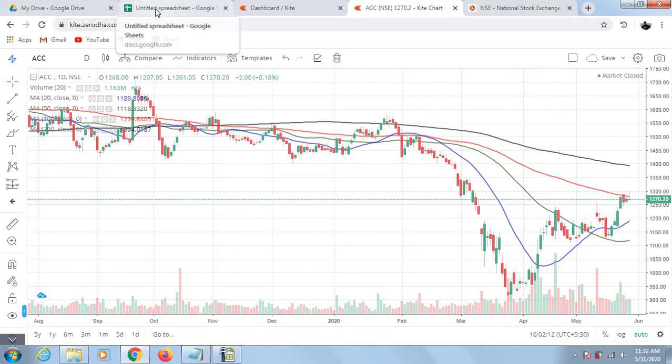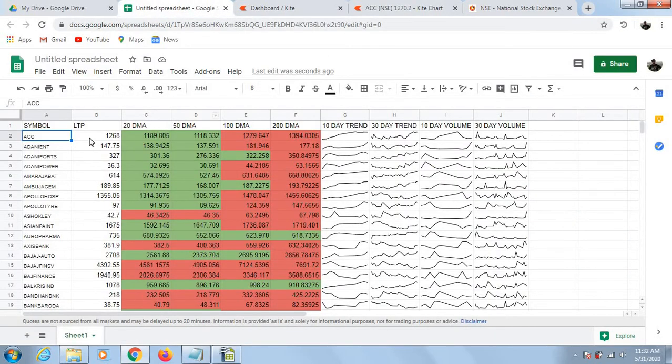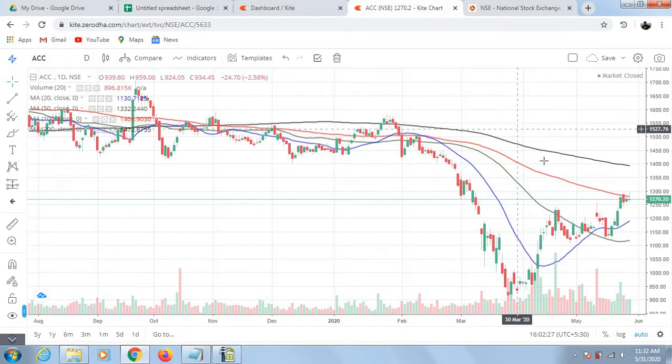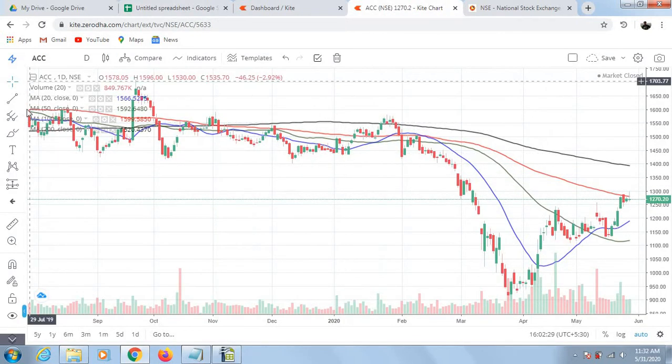So we'll just verify for ACC. It has ACC last 20 days is 1189, 50 days 1118, 100 is 1279, and 200 days 1394. We'll just verify it here. The values will come over here. You can just have a look at it.